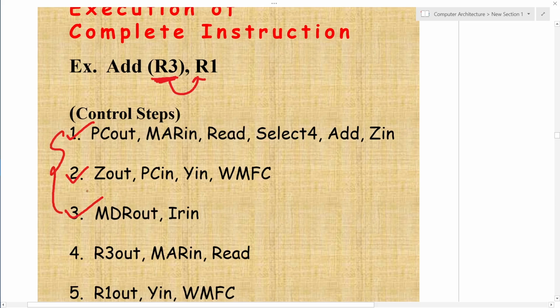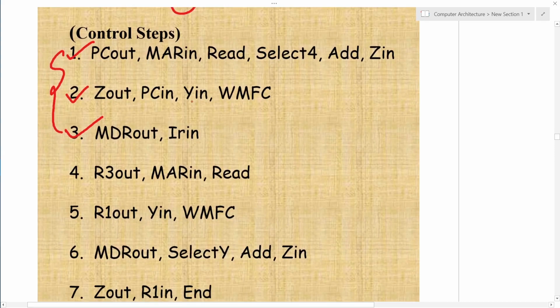So these three are common, so no need for the explanation. So I have to start from here. R3 showing the memory, so this information is to be out and it will be inserted to MAR. I just mentioned the same thing: R3 out, the contents I have to read from R3, and those contents will be available to MAR by the signal MAR in, and the operation to be a read operation. That means the content of R3 is available at MAR and it is a read operation.